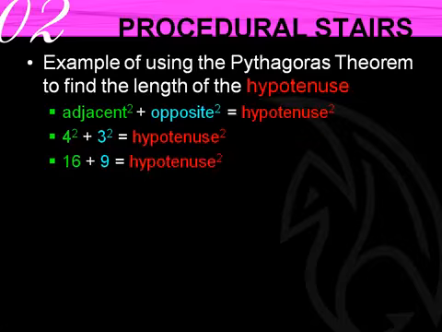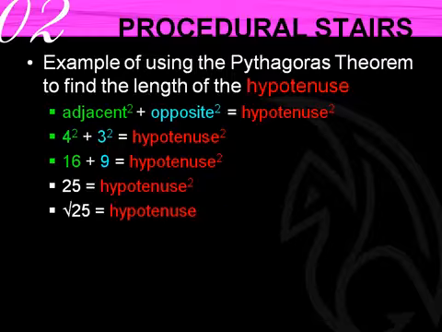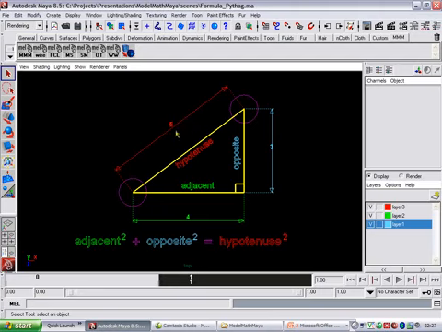So if we square those 2 numbers, 4 becomes 16, 3 becomes 9, and that equals the hypotenuse squared. If we add them together, that's 25, therefore the hypotenuse squared is 25. The square root of 25 is 5, therefore the hypotenuse is 5. So you can see here, again, the length of this edge is 5, in the case where we have 4